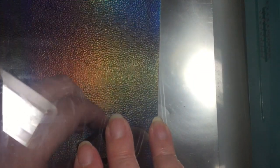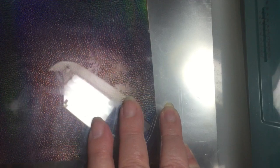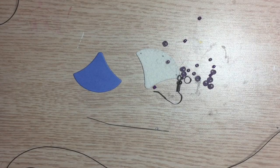Alright, so there we are. That was the extent of our cutting. And now we'll move on to decorating the earrings. Okay, so hopefully I'm bringing you in a little bit closer so I can show you how I'm going to